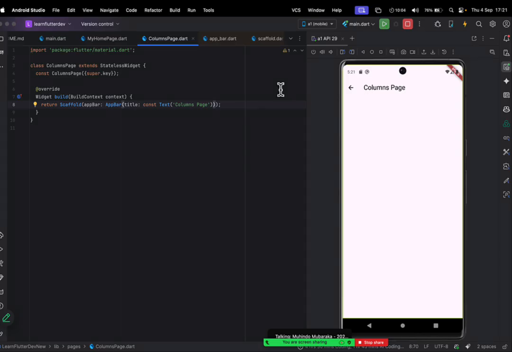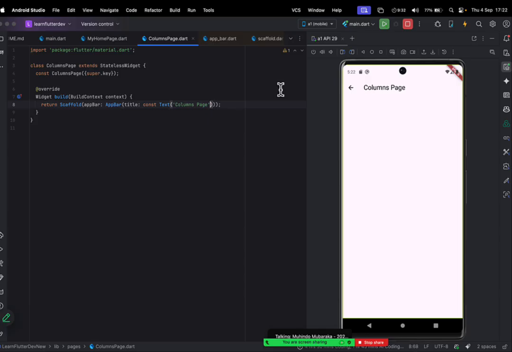A column is a type of user interface that helps us to arrange things one on top of the other or one below the other, right? To arrange things horizontally, right? A column enables us to arrange things in a what? In a horizontal way, right? So now, how can we